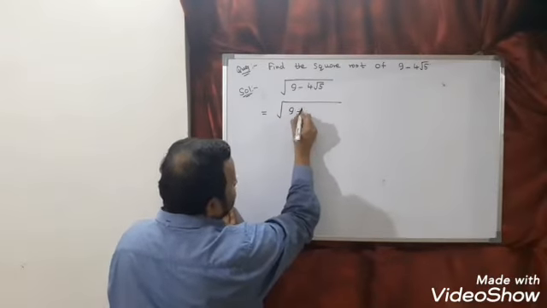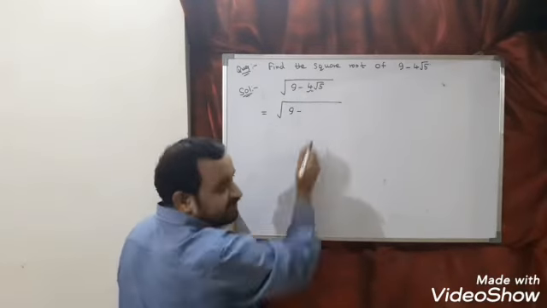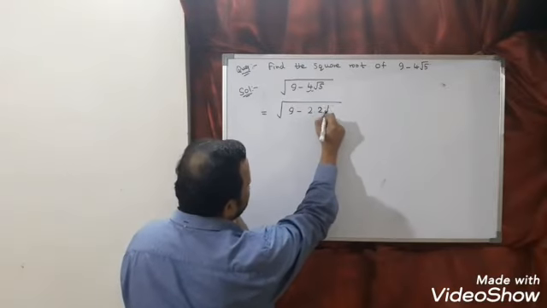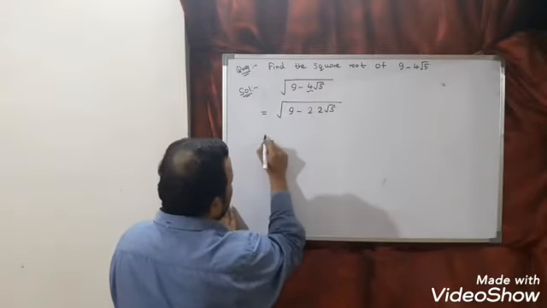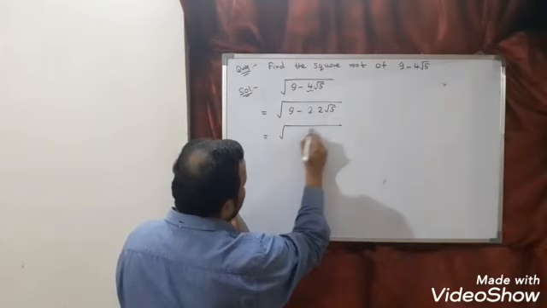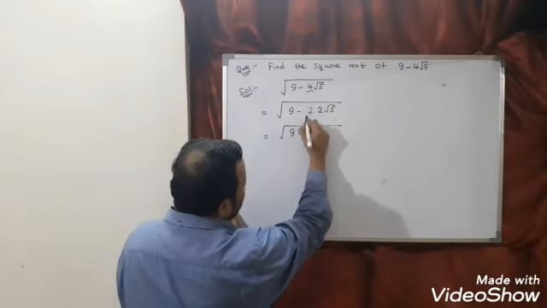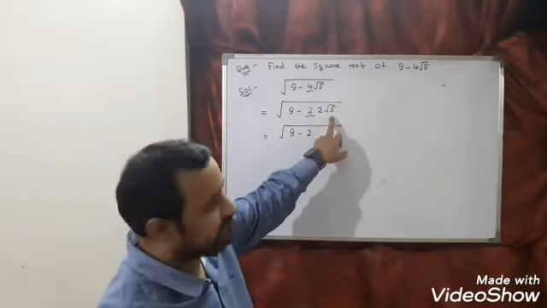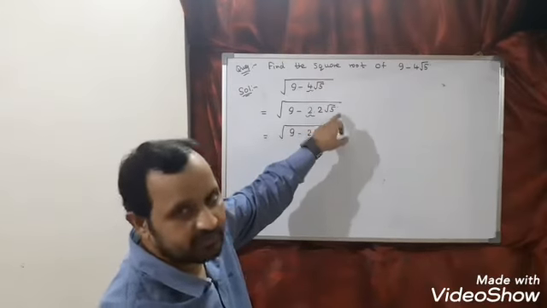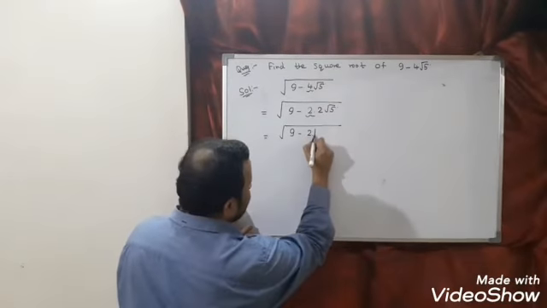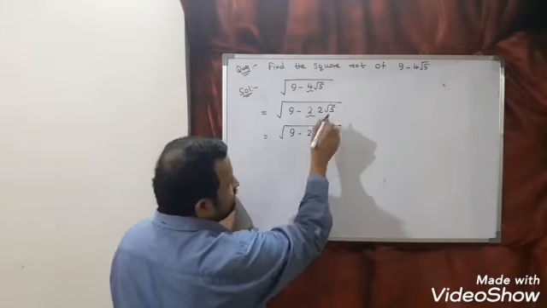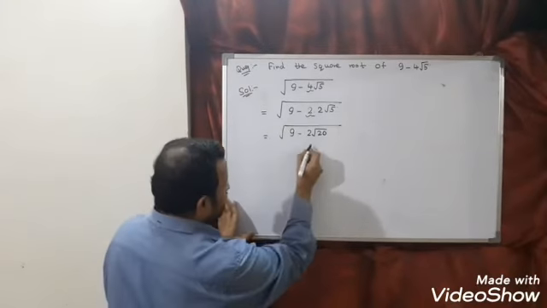9 minus, this 4 can be written as 2 into 2. So this we can say 2 into 2, here I can say root 5. Or this we can write as square root of 9 minus 2, 2 I am keeping here. This 2 root 5 can be written as 2 2s are 4, 4 5s are 20. So this we can write as 2 root 20. So 2 root 20 is nothing but 4 root 5. Now let us expand this.